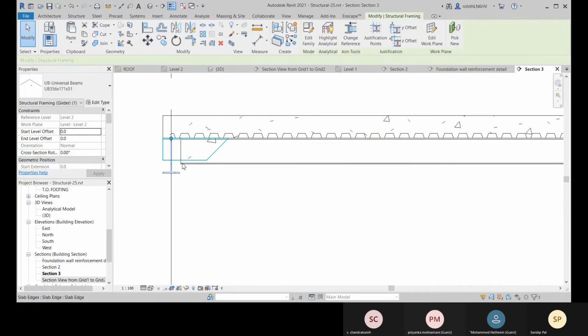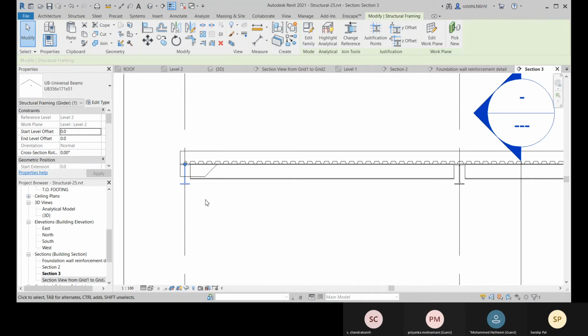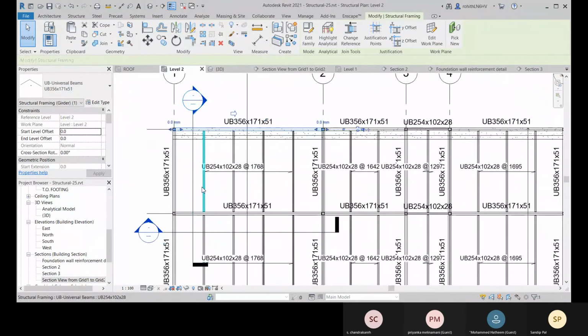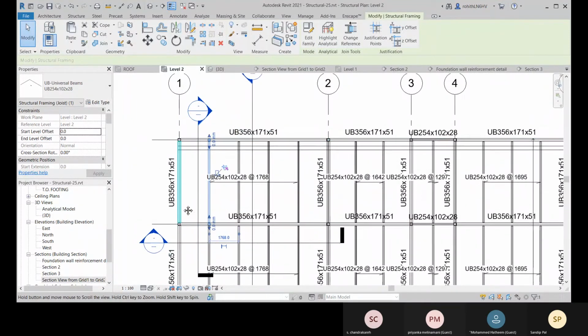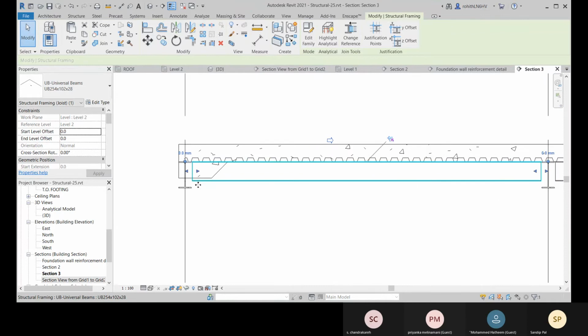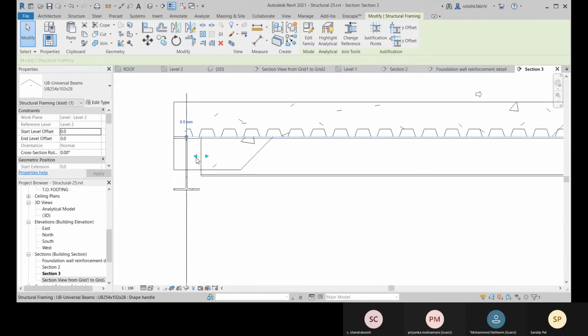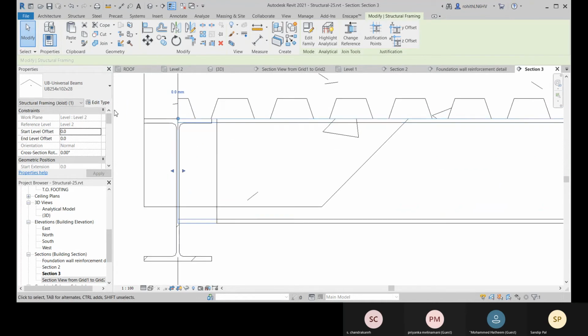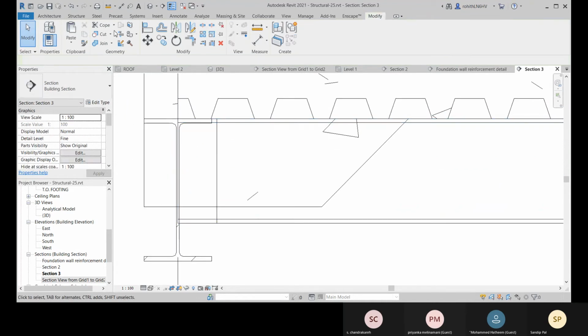So with this one, this level 2, this one to this one, right? Okay, so now if you see that it's being merged here, and now let me go to this cope option there. Cope option, this one will be cope.